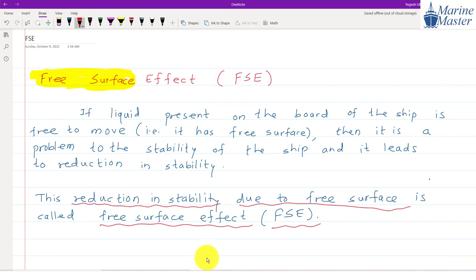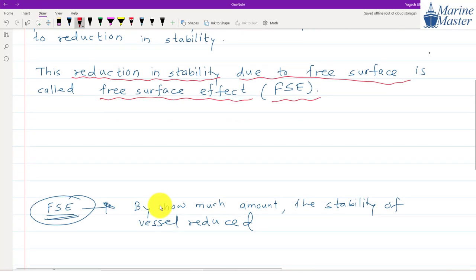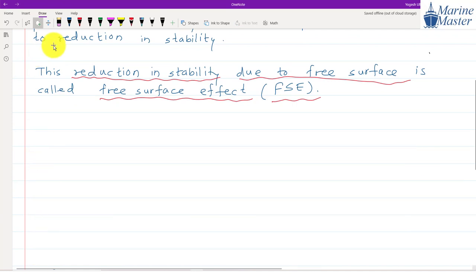Now try to see the scenario further, guys. How to measure the free surface effect, how to calculate the free surface effect, guys. Now we are going to try to understand the relation for the free surface effect. So what will be the relation for free surface effect? That is FSC. The relation for FSC will be equal to what, guys? FSC, free surface effect, equals rho tank, density of liquid in the tank, times INA,